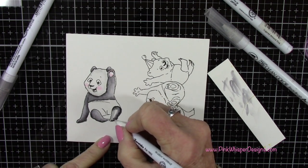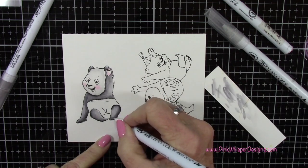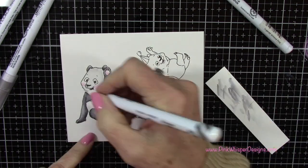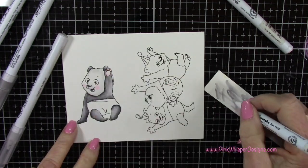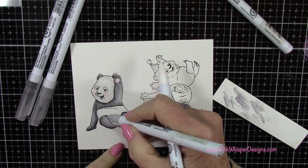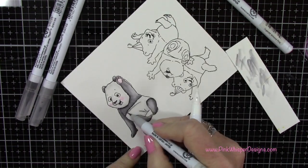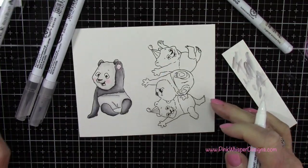So here I'm just going to add a little bit of shadowing. Now I like to keep the pandas a little bit on the lighter side. You can certainly go with a darker. You could use black. I find that a little difficult to work with sometimes, so I like to go to my grays. Whenever I'm doing the black tones, I tend to go to my grays, my darker grays, and do some blending with them. Got a little bit of light gray that I'm just adding for a few shadows,